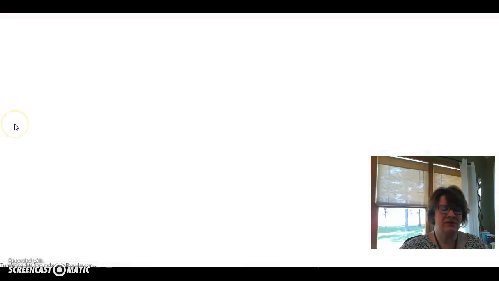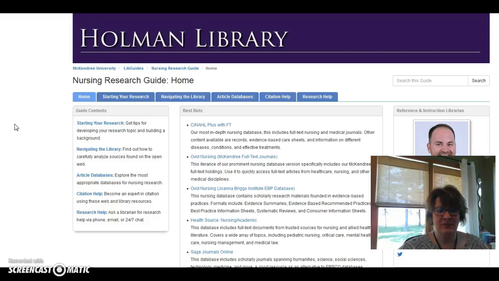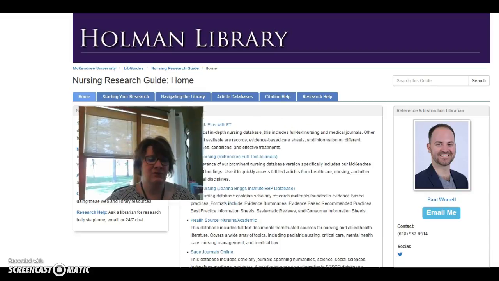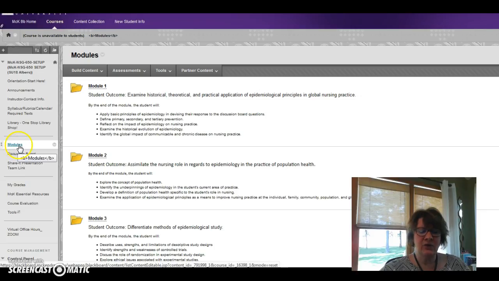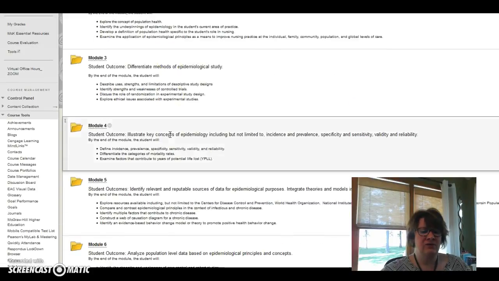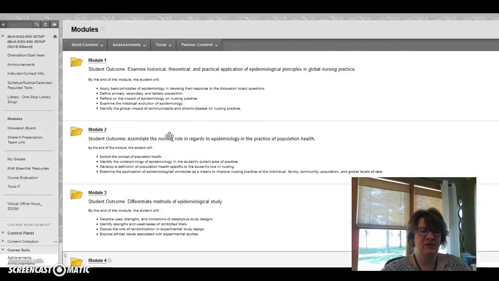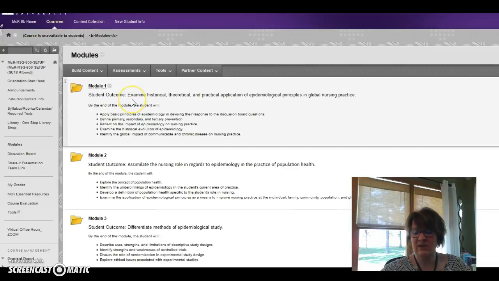I'll just pop into the Library One-Stop Shop, and this is the resource that has been created for us. So just know that there's great information here for you, and if you need to contact a librarian, there's easy access right here. Then as we go to the modules, again, all the modules are listed out by week, and you'll see the student outcomes are listed on the outside of each one of the modules. You'll just go ahead and click into your module,